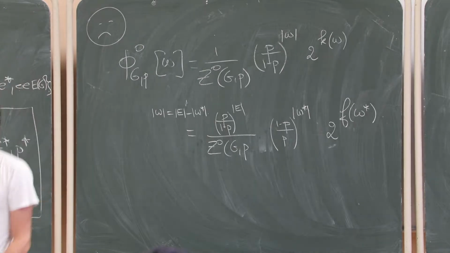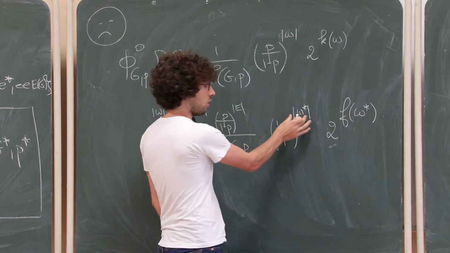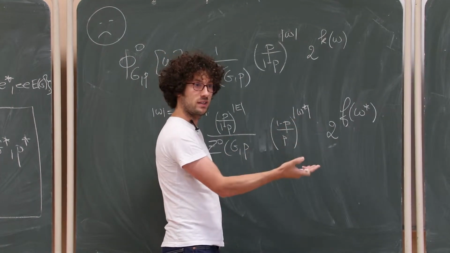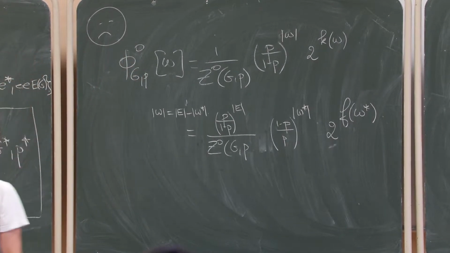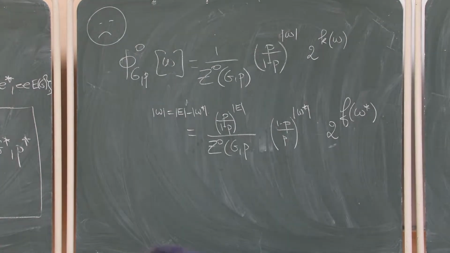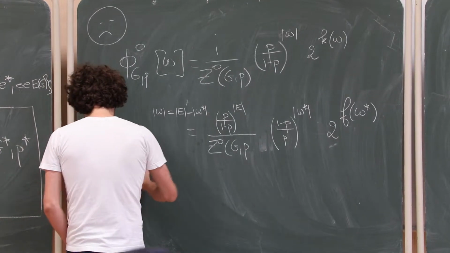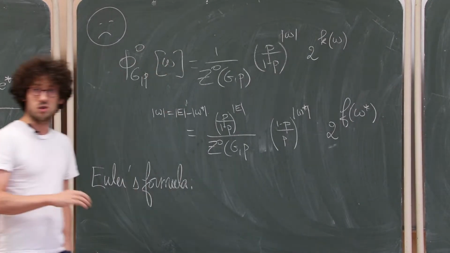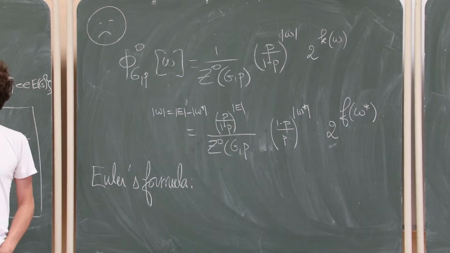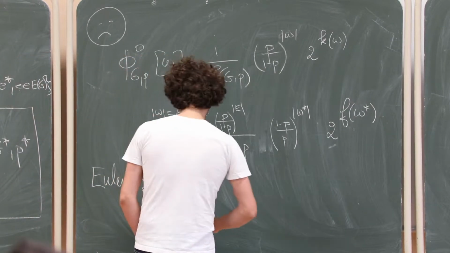So how do we relate the number of faces, well, we would like to relate it to the number of edges in my graph, to the number of connected components, to the number, say, of vertices. There is a formula that does that for planar graphs, and that's where we use planarity in a crucial way. It's Euler's formula, which you can try to prove by just induction on the number of edges in your graph. You fix the number of vertices and you do an induction on the number of edges.